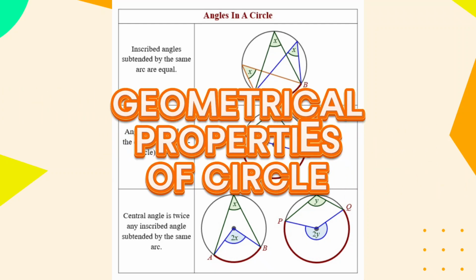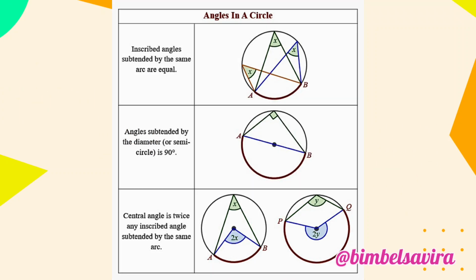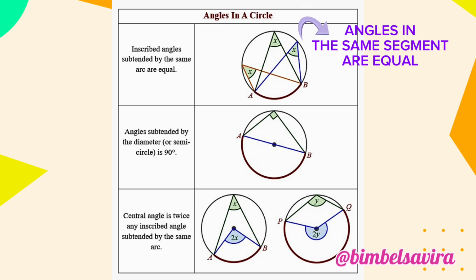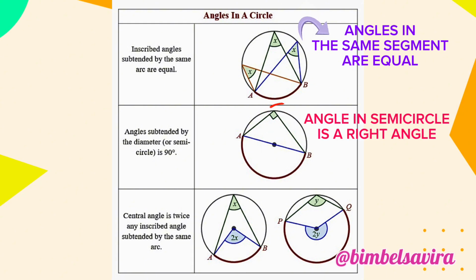Geometrical properties of circle. These are some rules to help you to solve the question. The first diagram shows us inscribed angles subtended by the same arc are equal, or you may say angles in the same segment are equal. The next diagram gives us angles subtended by the diameter is 90 degrees, or you may say angle in semicircle